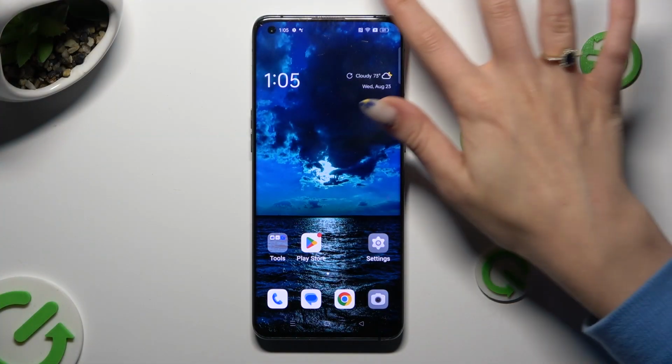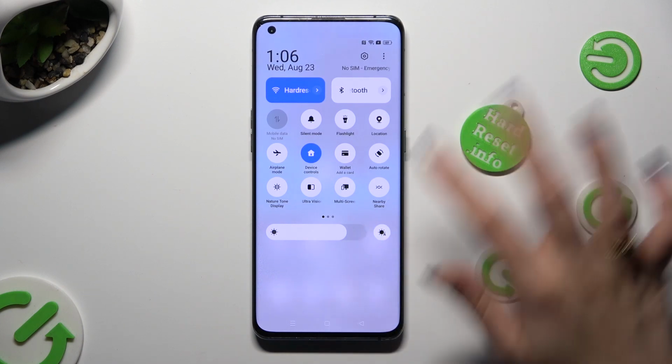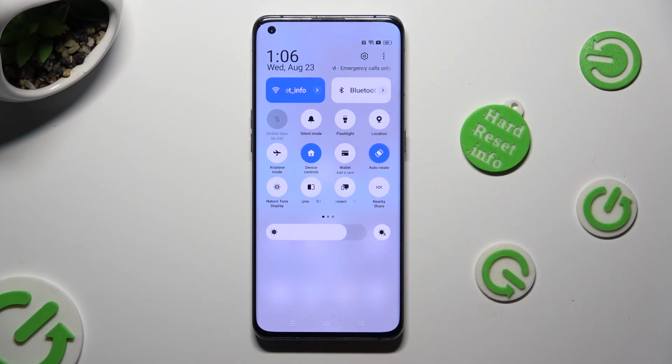Begin by opening Tab menu and looking for Auto Rotate shortcut. When you find it, click on it. As you can see, mine is now blue. That means that auto rotation is enabled, but you can always disable it by tapping on the same